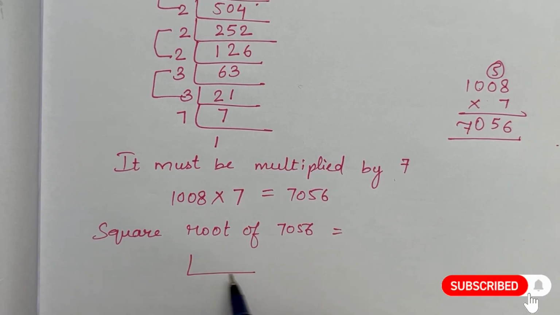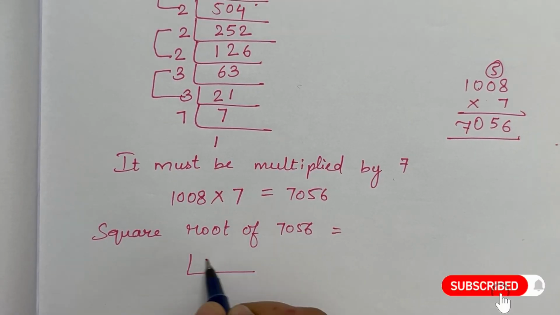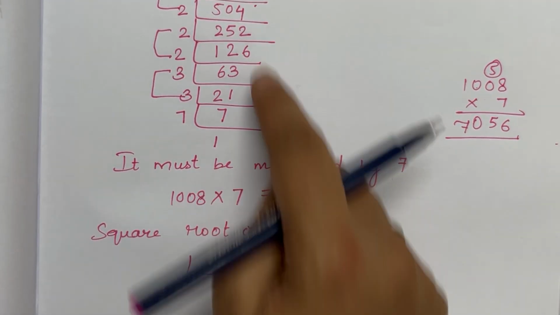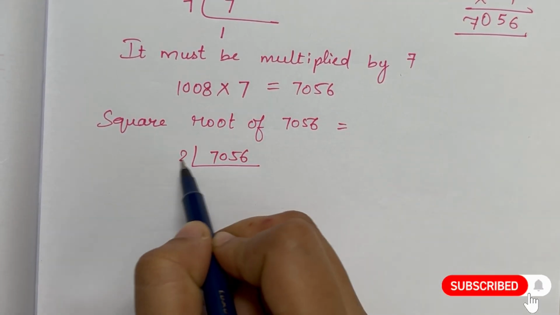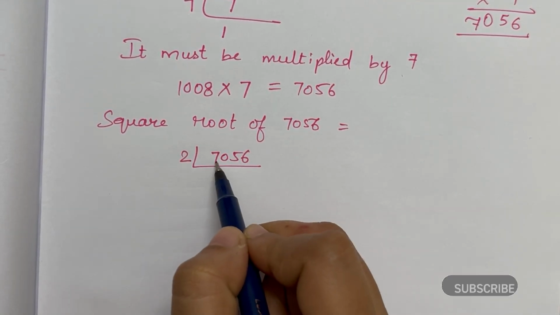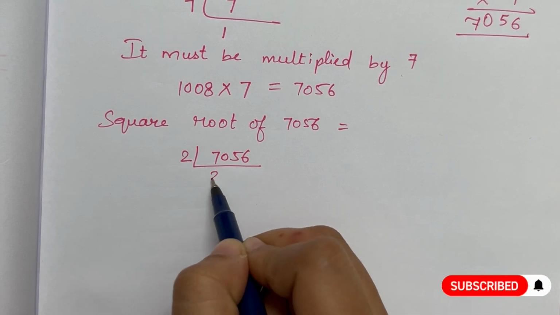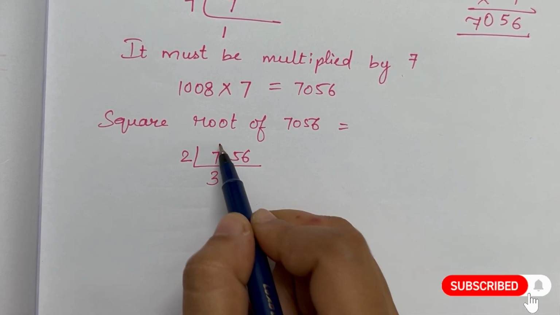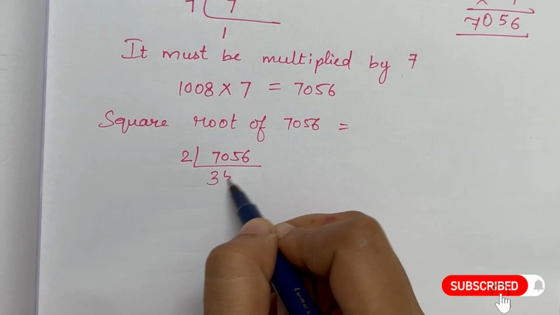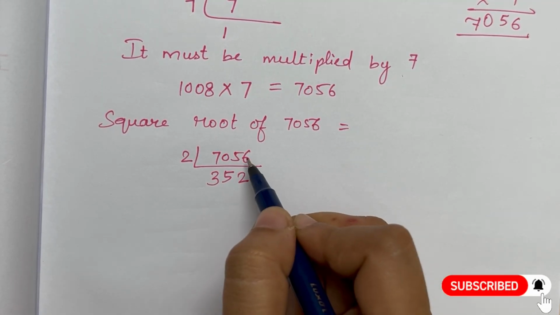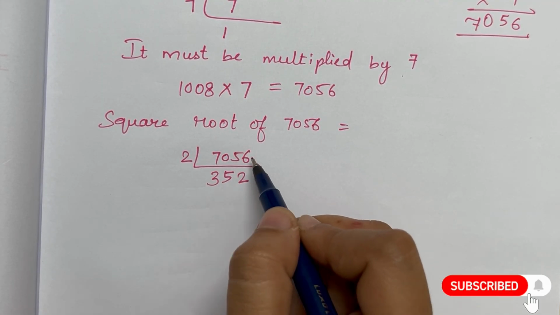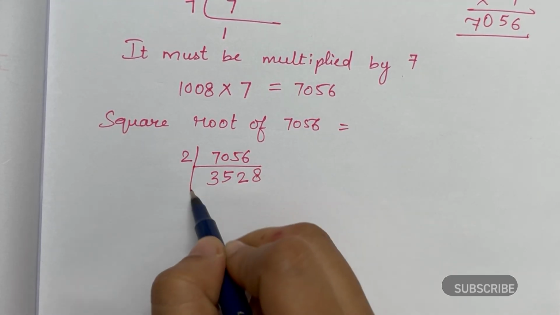So first we'll find all the prime factors. Again we'll do this. So this is divisible by 2. 7 will not come, 6 will come 3 times. 1 left, 1 0, 10. 10 will come 5 times. 5 will not come, 4 will come 2 times. And 1 left, 16 will come 8 times.